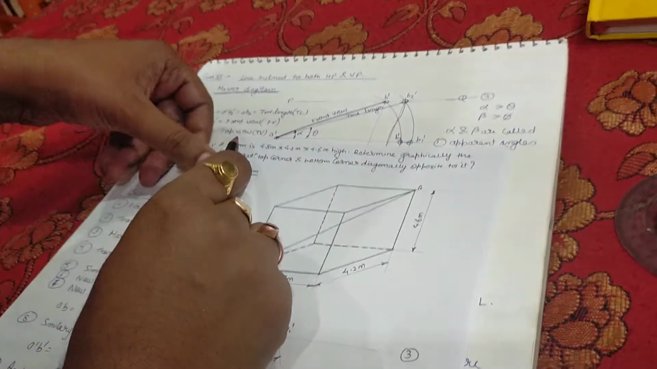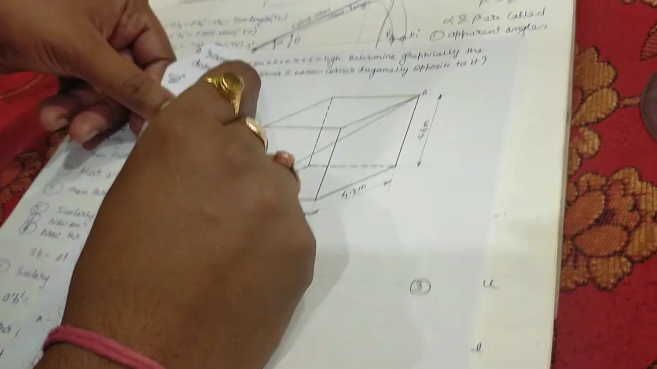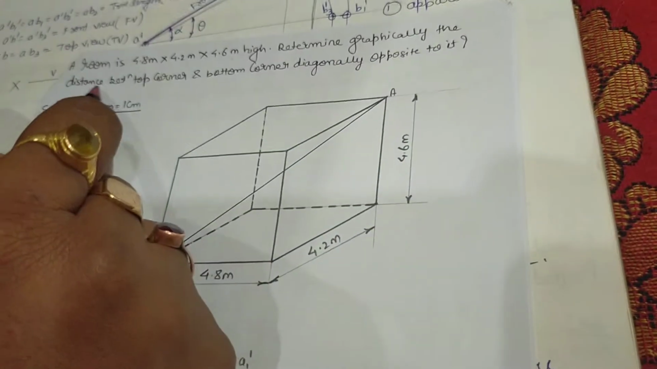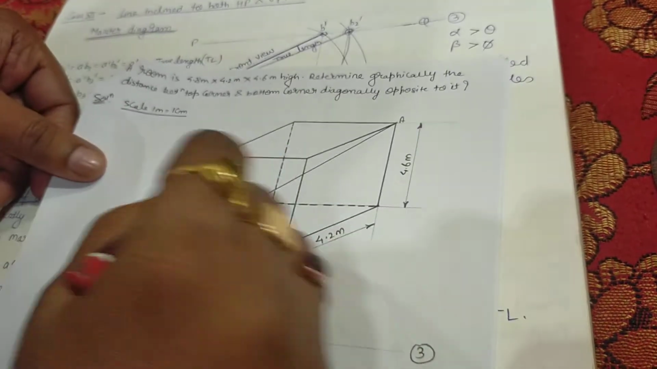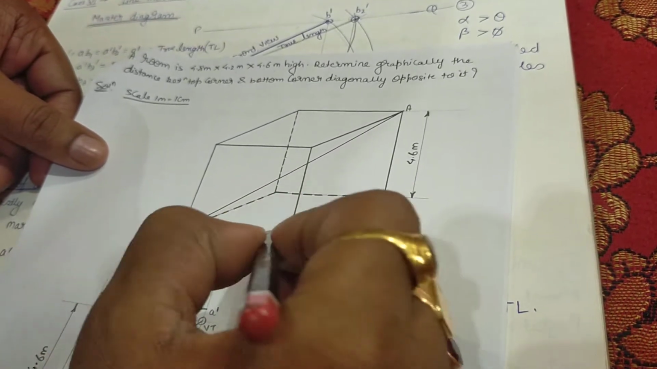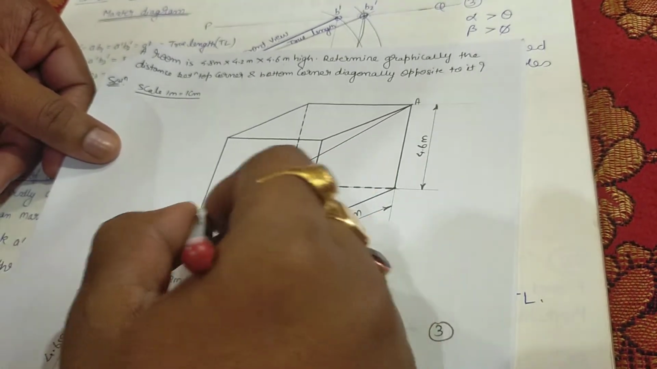Okay, now next question. A room, this is the dimension of the room: length, breadth and height. Determine graphically the distance between the top corner and bottom corner, diagonally opposite to it. So now similarly we have to draw, first one rectangle of 4.8 by 4.2 and the height